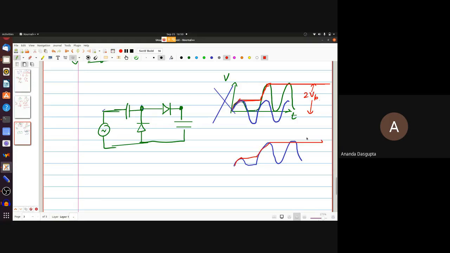Okay. But here, when you say this is a diode clamper, you actually assume that nothing else was connected to it. When you say this was a peak detector, you essentially figured out that something else is connected to it, which is giving the unknown signal. Or when you join the two together, you can't really expect it to work in this fashion necessarily. For example, at the very beginning,